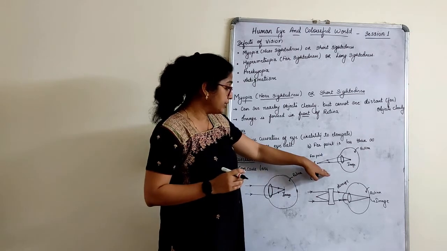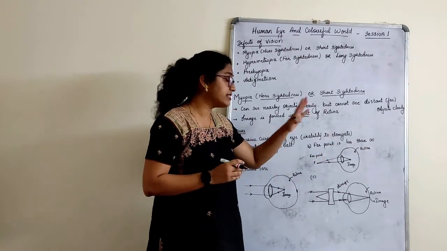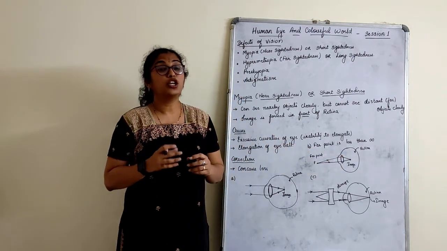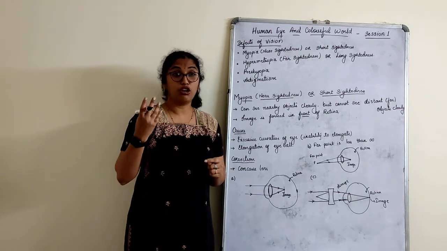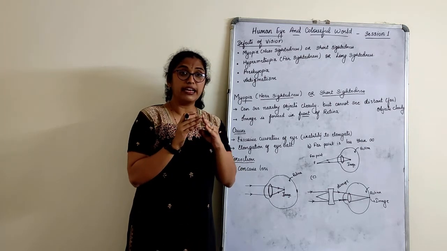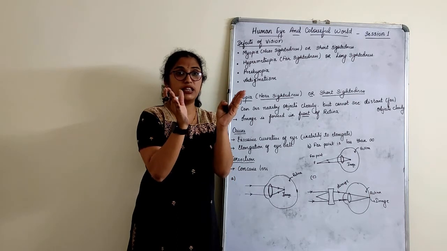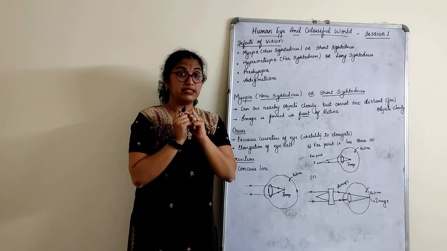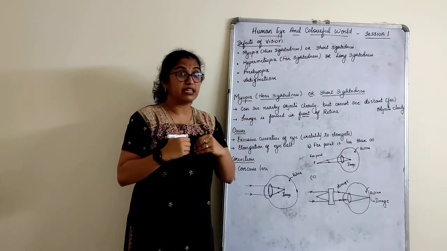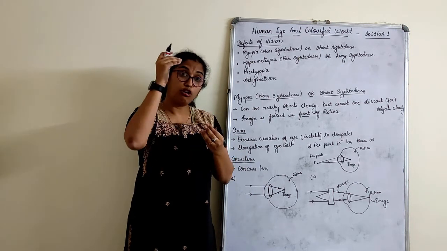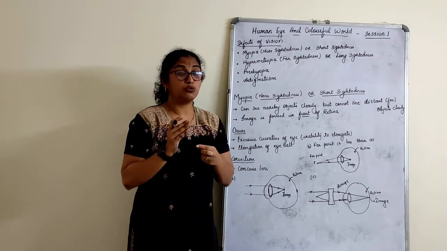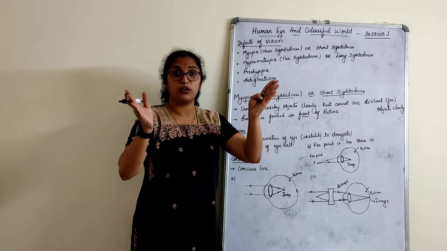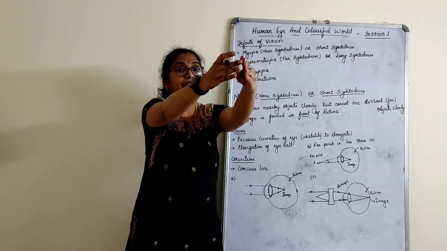Now see, point 2 that I have given is that the far point is less than infinity. The image is forming before the retina. Now what should I do for this? I can use a concave lens. Why? Because a concave lens can slightly diverge the light rays before they go and focus. Our eye is a convex lens. So the light rays entering a myopic eye, where a concave lens of appropriate power is used, will be slightly diverged. Diverging means it has got more space now. After diverging, it will converge.